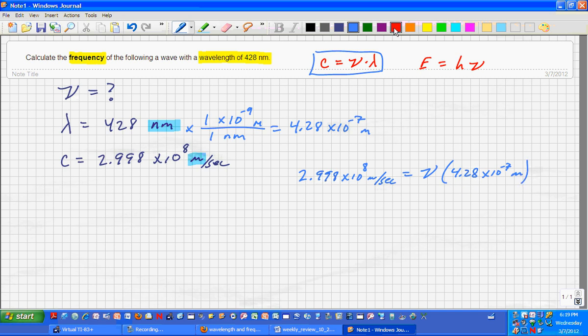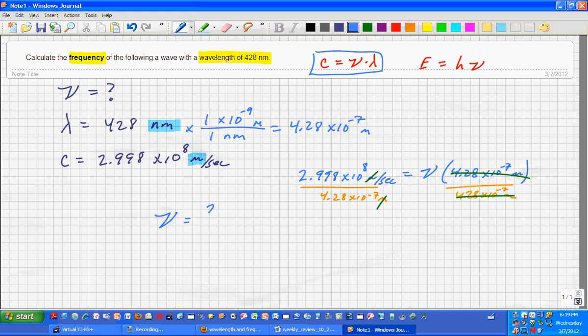So we're going to divide both sides by 4.28 times 10 to the minus 7th meters. Meters are going to cancel out over here. This whole thing cancels out, and what we get is